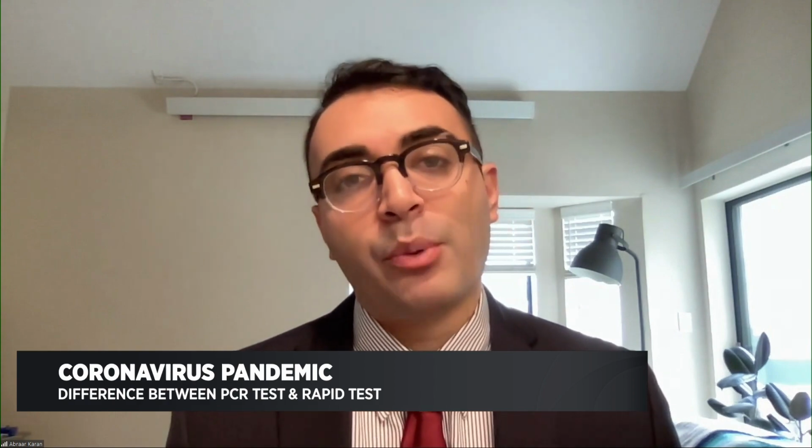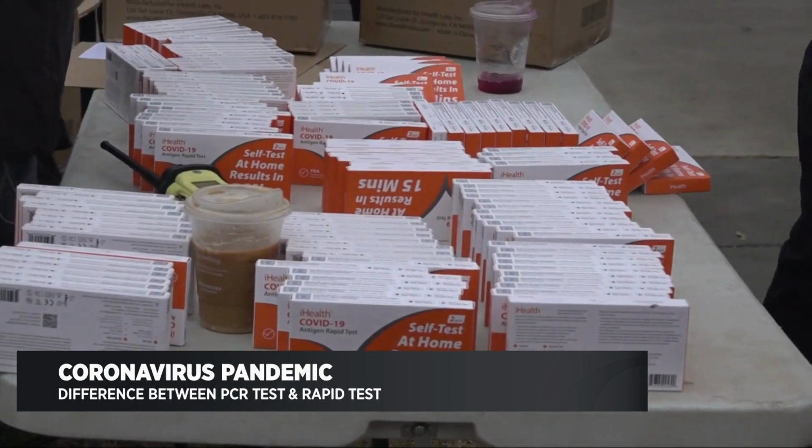So the rapid test is an immunoassay that detects viral antigen. And essentially this tells you have active virus in your body. The benefit of that test is that you can get it quickly. You can do it at home. It gives you results very fast. The problem with that test is that even if it's negative, it doesn't mean that you don't have any replicating